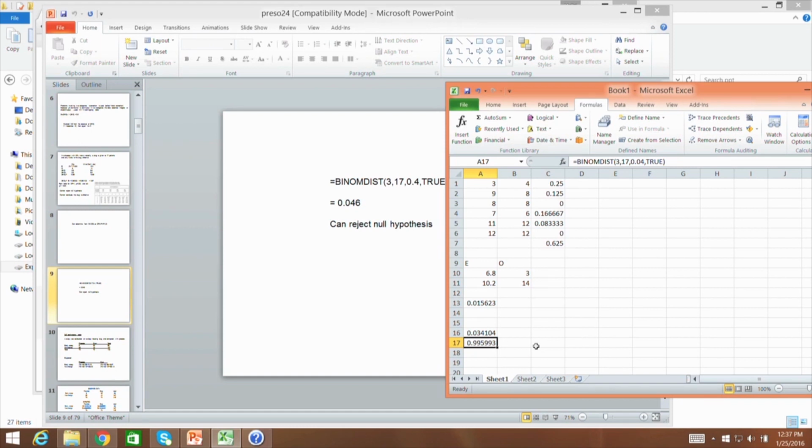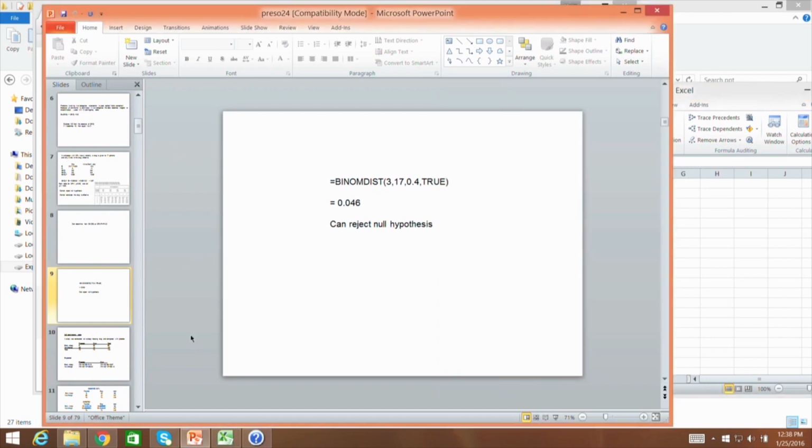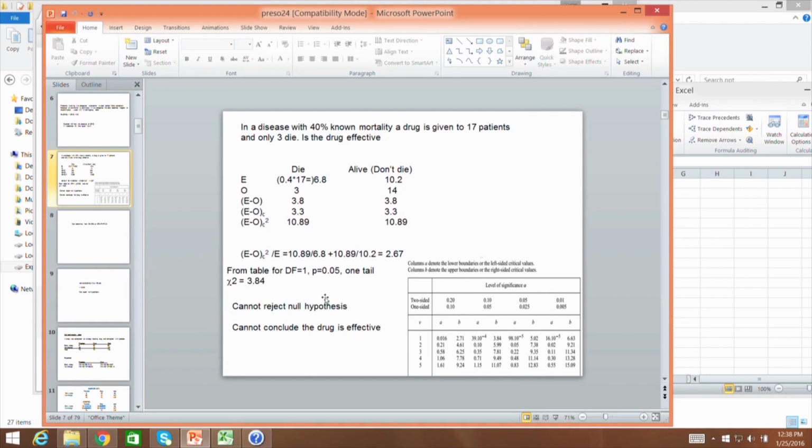Okay, so 40%, so I made it as 0.4%, sorry. So, it comes to 0.046. So, according to the binomial distribution, we can reject the null hypothesis because the probability comes out to be less than 0.05. But when we perform this type of calculation using chi-square,